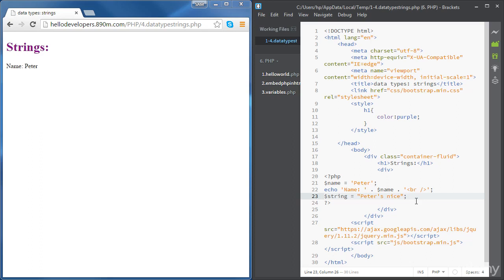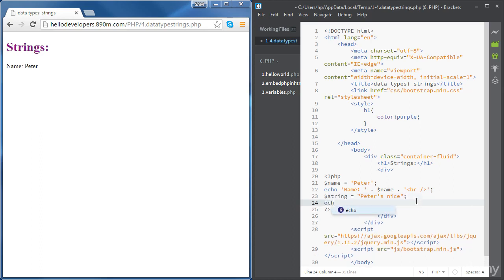Okay, so if we echo the variable, followed by a line break, let's use double quotes. You can still use single quotes, but I'm just going to use double quotes, and the outcome is going to be like that. Okay, so now let's